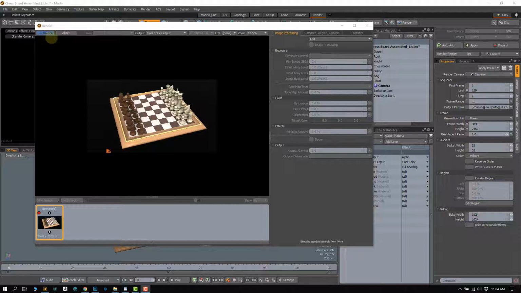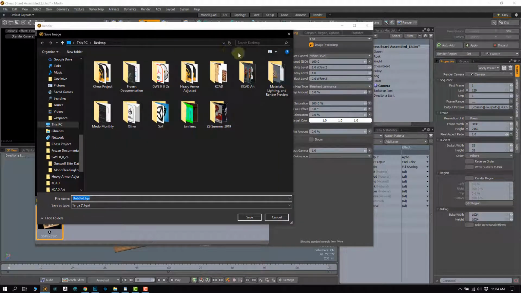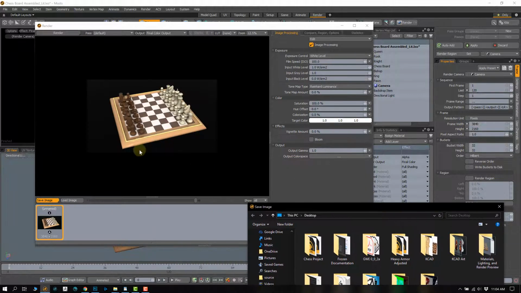Okay, the render's almost done. You can see the progress right here, 100%. And done. So the render is now done. There is some image processing stuff I can do over here, but realistically I'm just going to save that for Photoshop. So right now I'm going to hit Save Image. And what I want to do is save this out as a PNG image. And when I do that, all this background area right here, it just won't have any